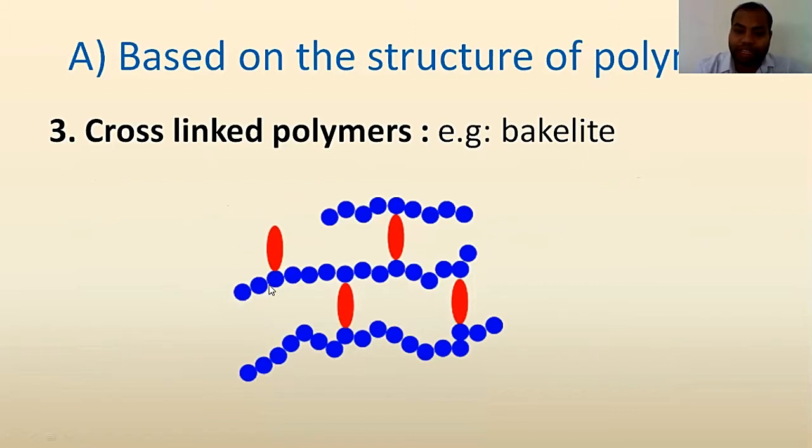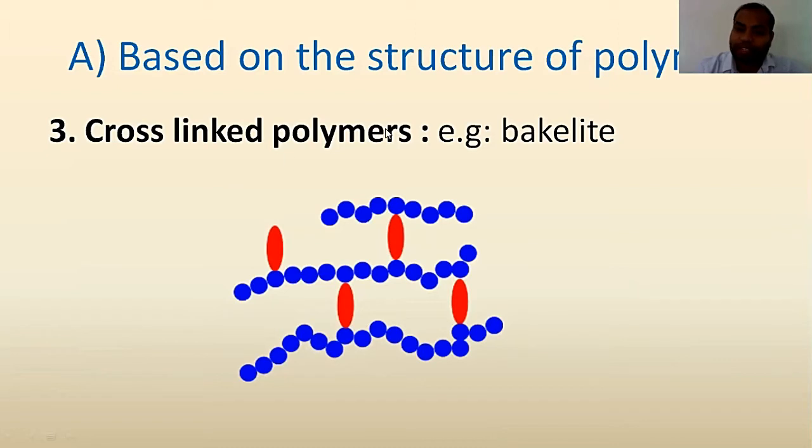So see that this is one chain, this is one chain, and this is one chain. These are chain polymers, but there is cross linkage. So these are the cross linkage or bonding. So bonds are there between the polymers, or this bonding can be of a single linear molecule also. So it can be a chain, it can also be a chain. So one chain can link through the other chain of this polymer,